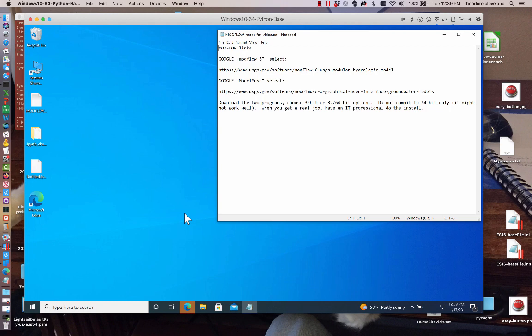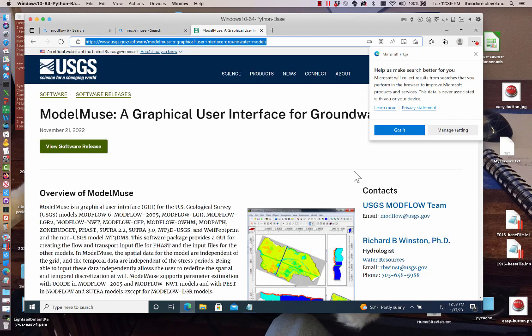And when you leave and get a real job, if you have to use MODFLOW, have an IT professional do the install. Don't do it yourself, because as a civil engineering student or environmental engineering graduate of either, you're not going to be able to do it right. You're going to have more headache just managing the software before you get any actual work done. Okay, so proceeding forward after that fair warning, my implementation has